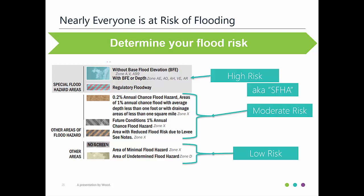Those are Zone A, Zone V, Zone AE, AO, AH, VE, and AR, as well as the regulatory floodway. These zones are also called the Special Flood Hazard Area, or SFHA. Areas of moderate risk are shaded in orange or gray and represent the 0.2% annual chance flood hazard area, or areas of 1% annual chance with average depths less than 1 foot. Areas of low flood risk are either not shaded at all or shaded in a light yellow, representing Zone D